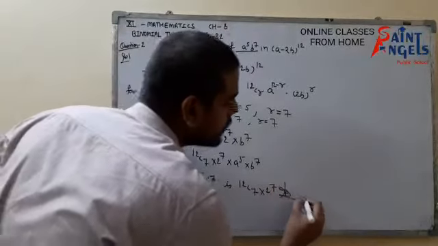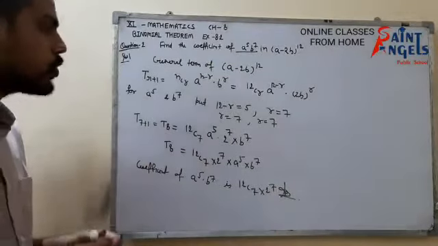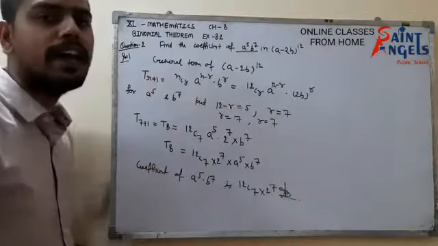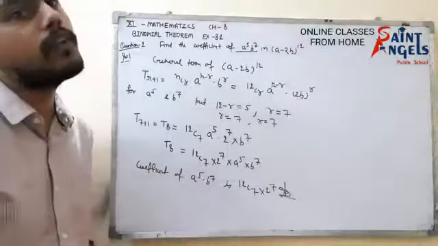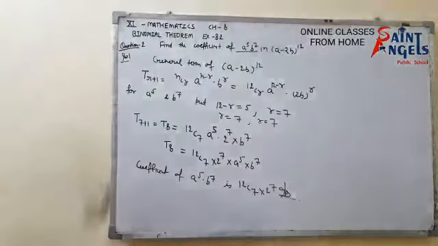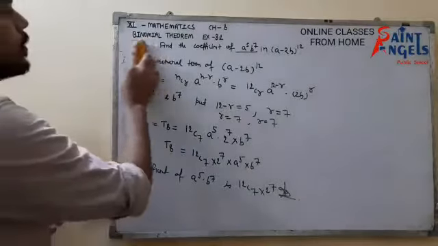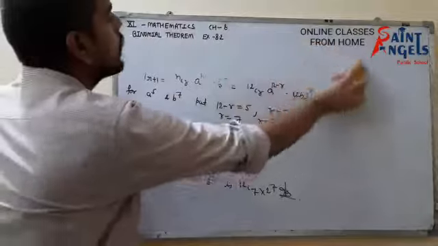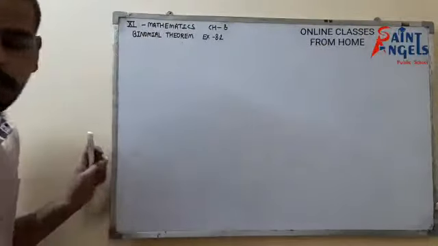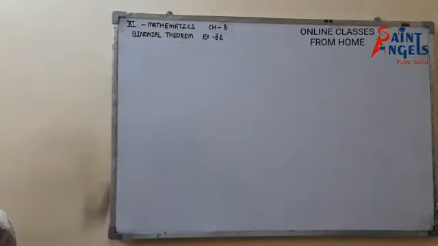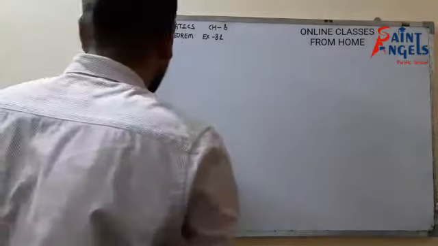Answer. Very easy question. When you know the formula for the general term, you can easily find the coefficient of any term, any required term, or the middle term. So now please pause the video and note it down. Now look at question number 3 and 4. You will solve them on your own. You have to just simply write the general term in the question.